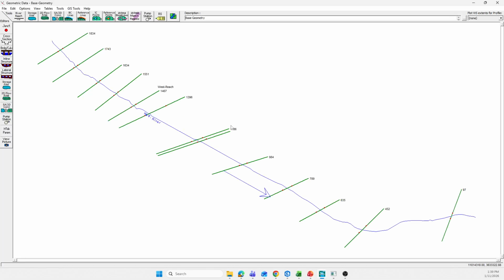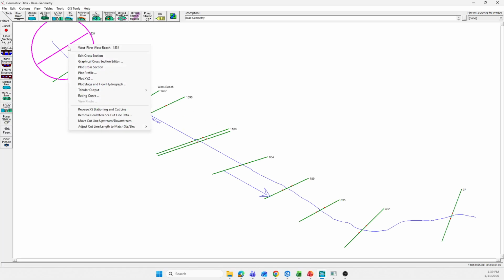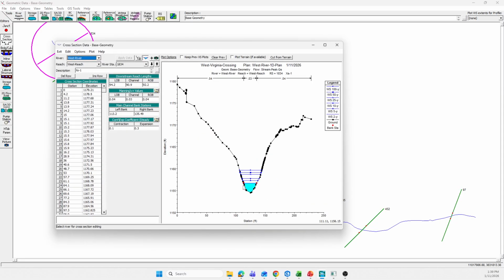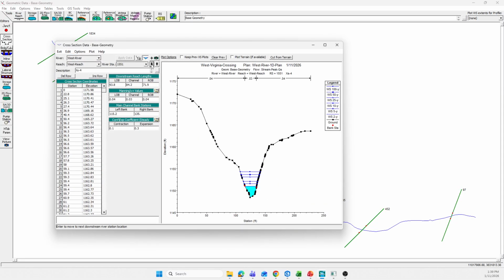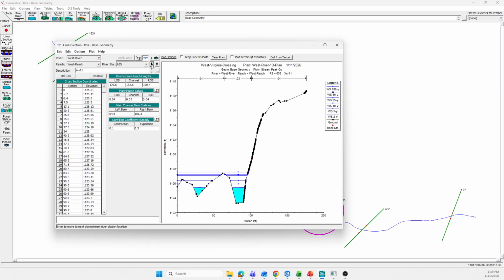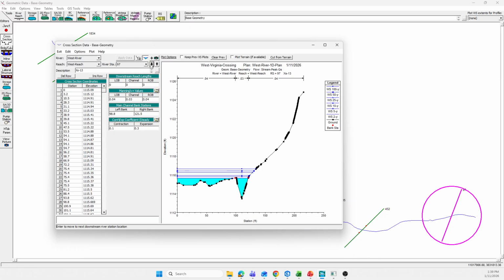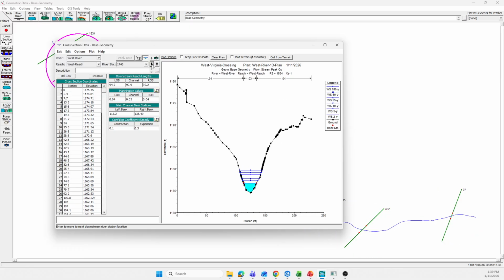What we need to do is open back the cross sections. We can see if it changes. So this is how we prepare to insert our bridge. We have been able to